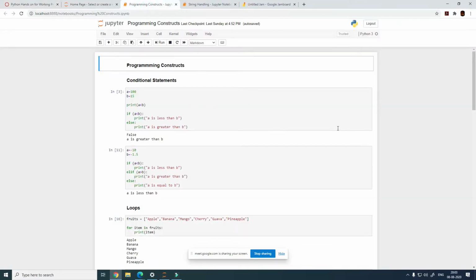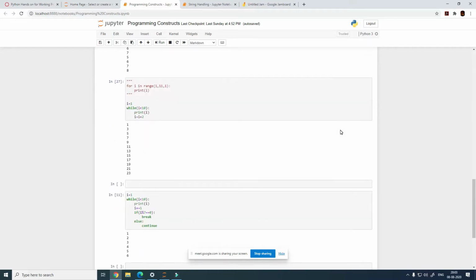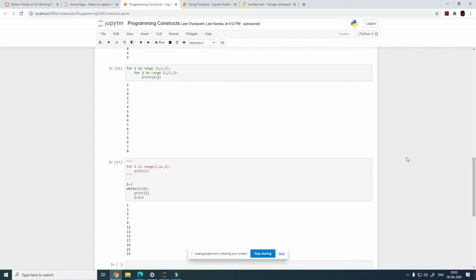So here is the Jupyter notebook that we were using last time. And what we have covered so far is till here, I believe, where we were looking at the nested for statements. So we were looking at how we can write a for loop, and then inside the for loop we can write another for loop if we have a requirement like this. And what we were trying to print is the value of i and j. So let's quickly recall this, and then we can move forward.